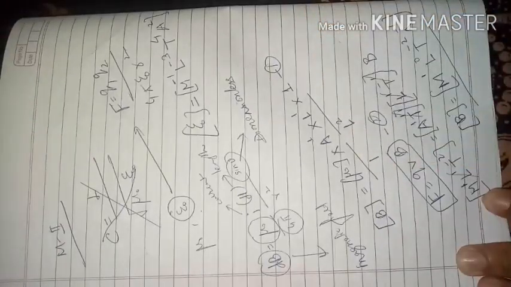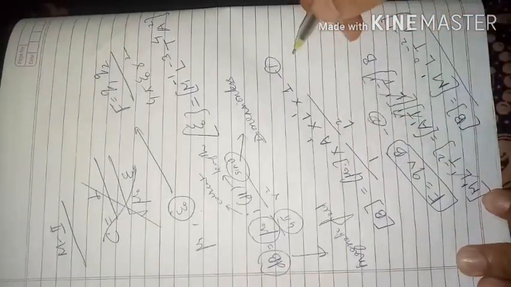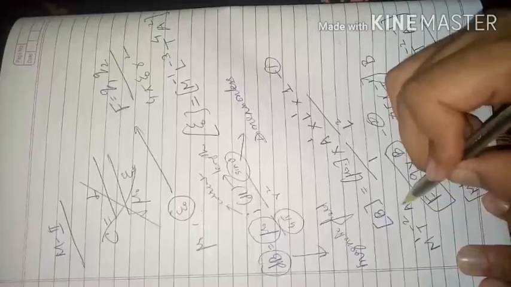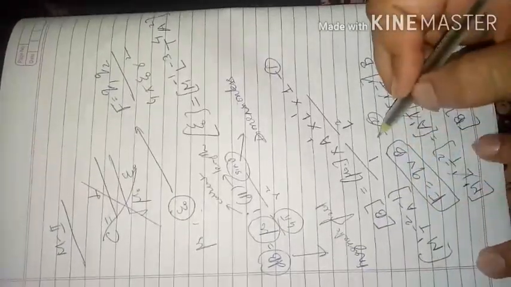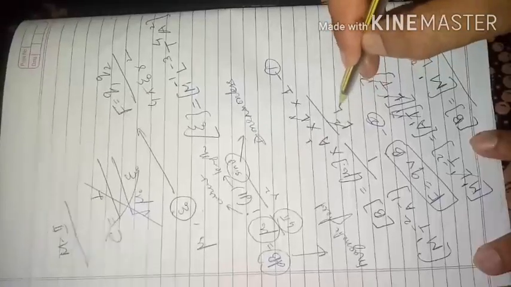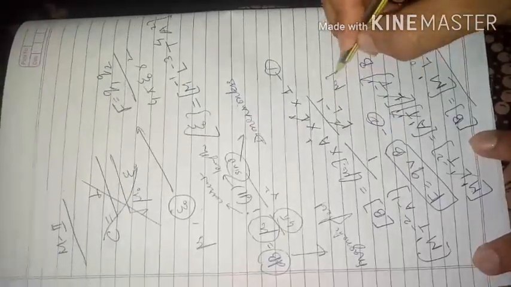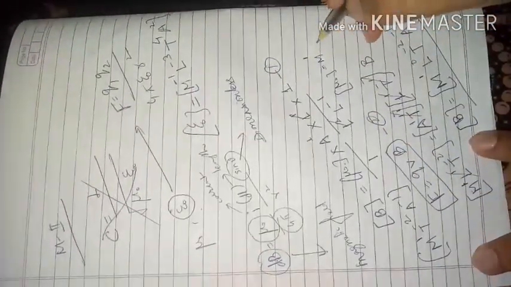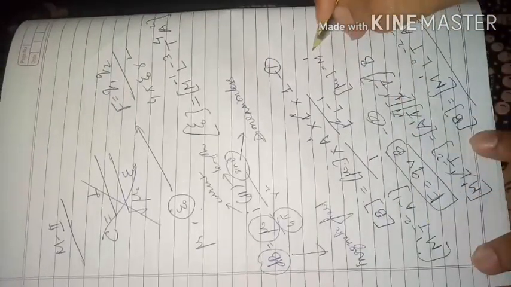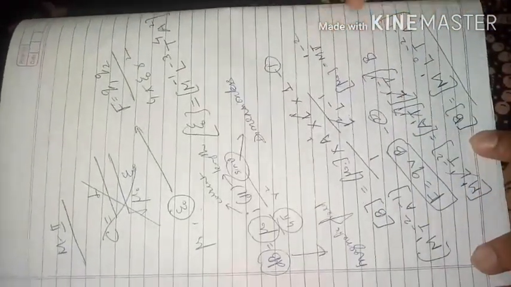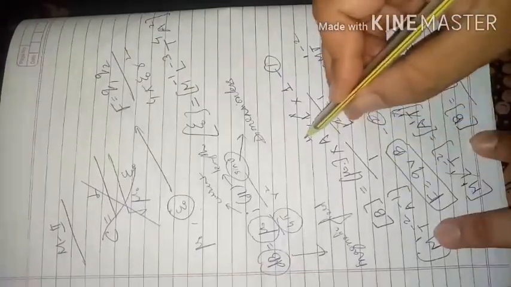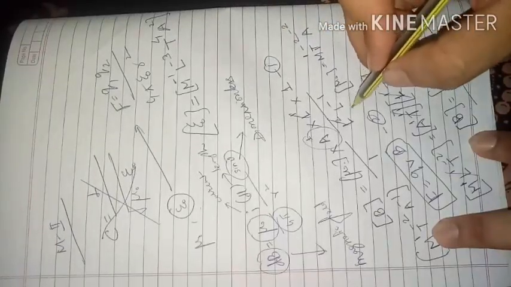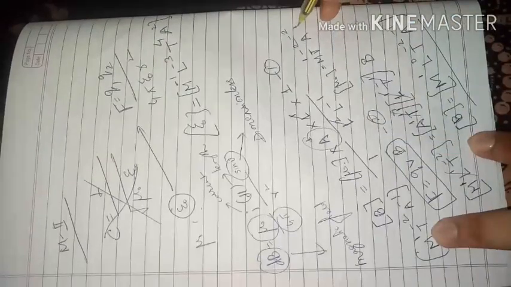If you put it here, you'll get the answer for mu naught. So in place of B, I'll write m raised to 1, T raised to minus 2, A raised to minus 1. Now this will be L raised to minus 1, and I'll solve it to get mu naught. So mu naught will come out to be m raised to 1, T raised to minus 2, A raised to minus 2, and L, you have to basically multiply, so it will be L raised to minus 1 only.